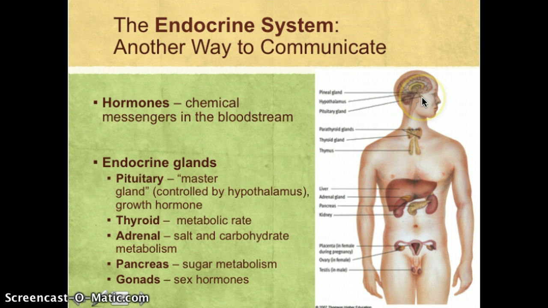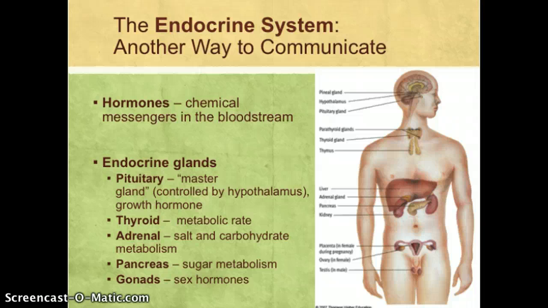But the pituitary gland is up here, right next to the hypothalamus. It's also controlled by the hypothalamus. The hypothalamus tells the pituitary gland information it needs to control the rest of the endocrine system. So the pituitary gland is also called the master gland because it can send hormones to other glands to change their function. The other thing the pituitary gland does is it secretes growth hormone. And growth hormone, of course, helped you to grow when you were a kid, but now that you're an adult and you've stopped growing, it also helps in repair of the body.